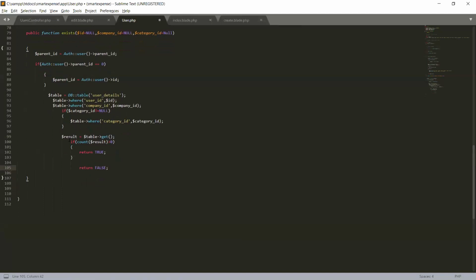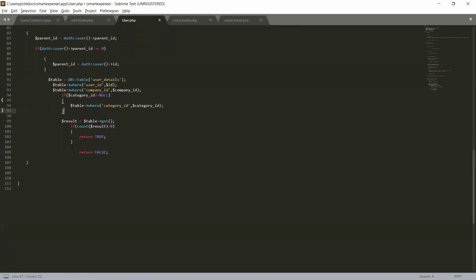And else, then table get the result. Sorry, if there is no category ID, it will fetch all the results for two parameters, ID and company ID. So we need to check just for category ID. If it is not equal to null, then use this where clause. Otherwise, only use two where clauses, which are user and company ID.